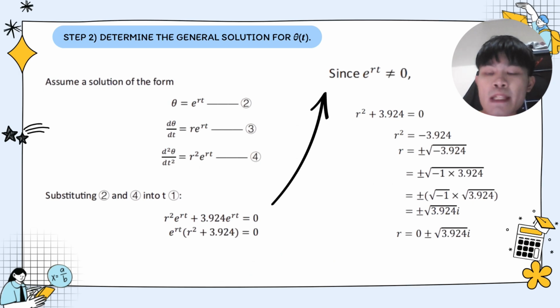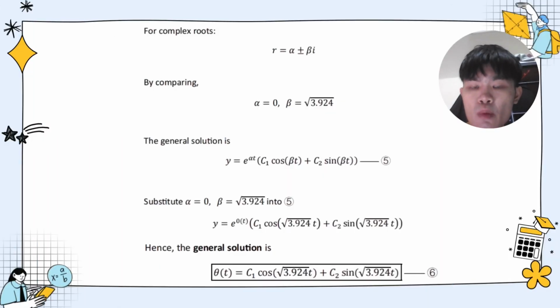In step 2, we determine the general solution for theta(t). Firstly, we differentiate twice theta equals e to the power of rt, and then we substitute equations 2 and 4 into equation number 1. Since we know that e to the power of rt is not equal to 0, we finally find that r is a complex number. By comparing with the general form of the complex root, we get alpha equals 0, beta equals the square root of 3.924. The general solution is shown as equation 5. By substituting the values of alpha and beta into equation 5, we get equation 6